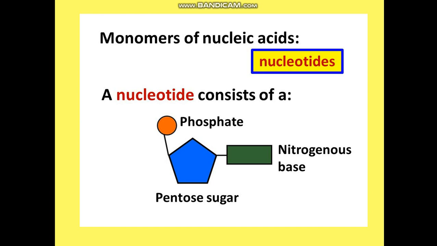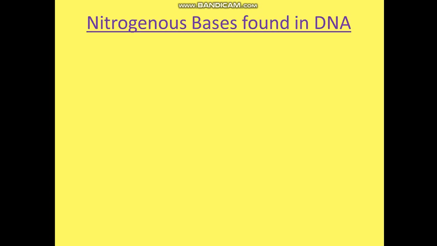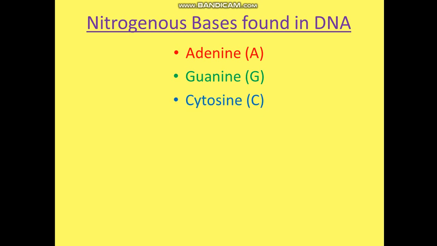That is important one. Now coming on to the nitrogenous bases I was talking about, which are present in the macromolecule of DNA. The first nitrogenous base is adenine, which is denoted by an A. The second nitrogenous base is guanine, which is denoted by a G. The third is cytosine, C, and fourth is thymine, T.